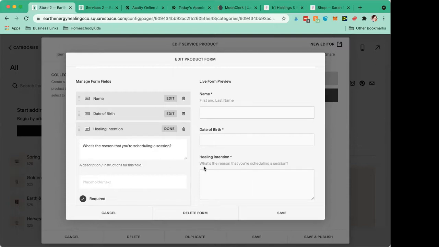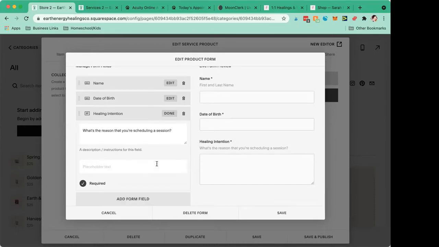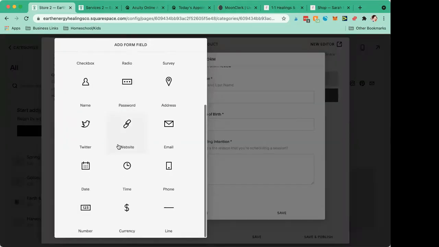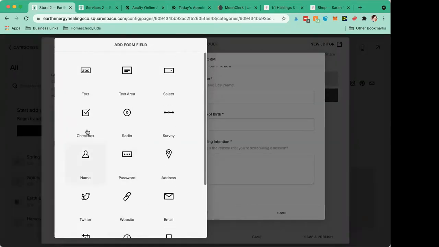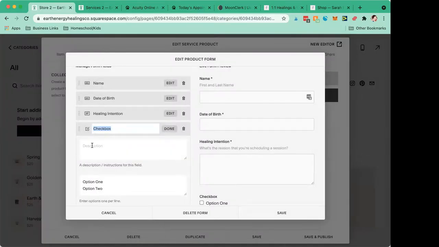Something you can put here, like what's the reason that you're scheduling a session? What is your intention? Like what's coming up for you? I like to have an intention before I go into a healing so that I can really hone in on what's going on here. And then if you want to add any additional fields, maybe you want to add a checkbox that says,